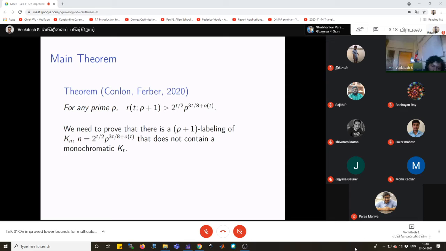Right? So what does it mean to say that the number on the right hand side is a lower bound? It means if you take a complete graph on these many vertices, the number on the right hand side, then there must be an L coloring that does not contain a monochromatic copy of Kt. That is why it's a lower bound. The number on the left, the Ramsey number, is the least one that satisfies the property. Therefore, any number that's a strict lower bound must correspond to the negation of this property, right? And that is exactly what's happening here.